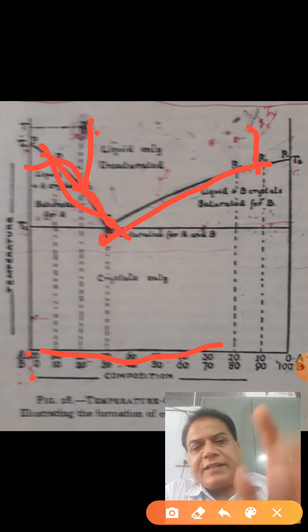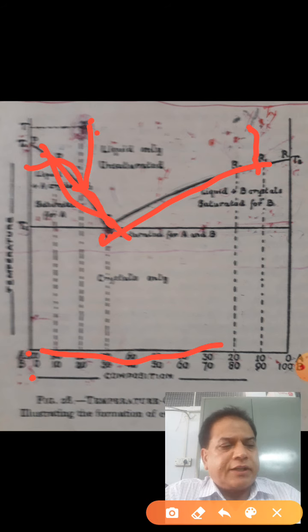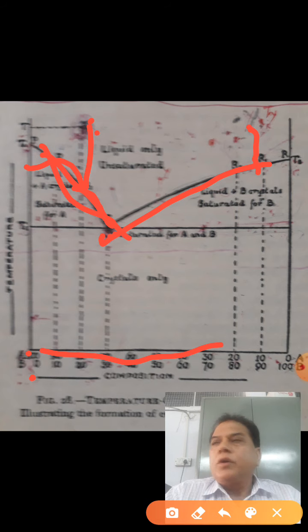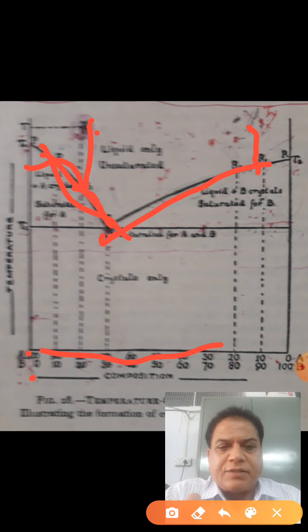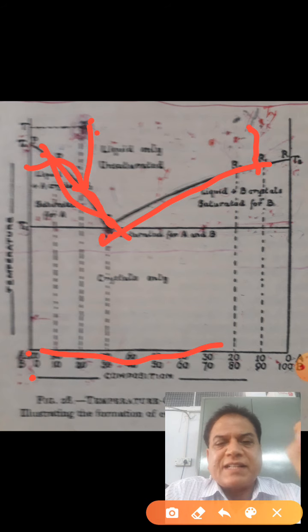Now this eutectic, in this graph, has a standard proportion of 70:30. Means whenever a liquid or magma has an A proportion of more than 70, it will always be the A component that crystallizes first, whereas in magmas which have a B component of more than 30%, B will crystallize first, and then ultimately both, that is the eutectic point, will be formed, simultaneous crystallization of the two components.